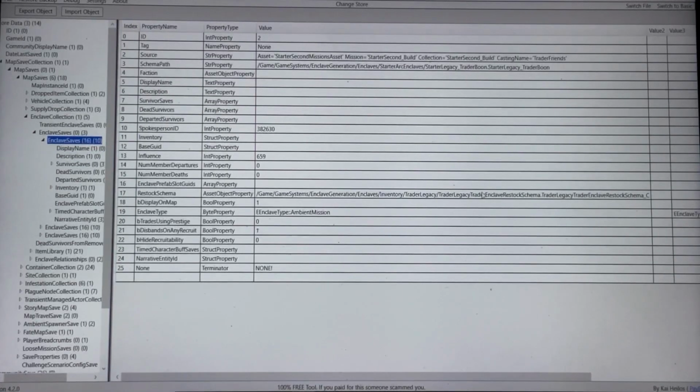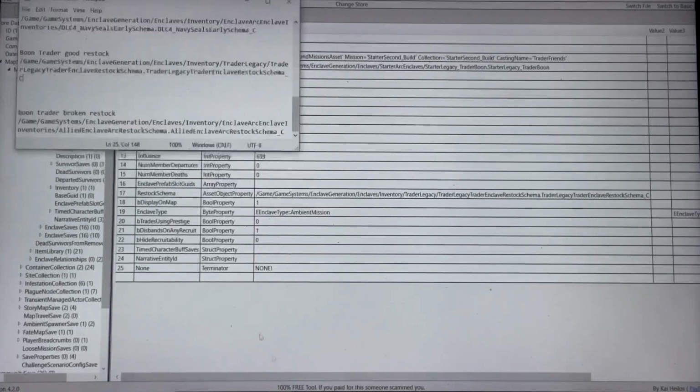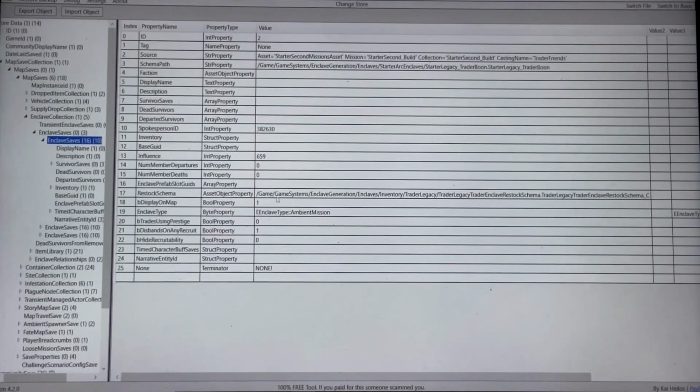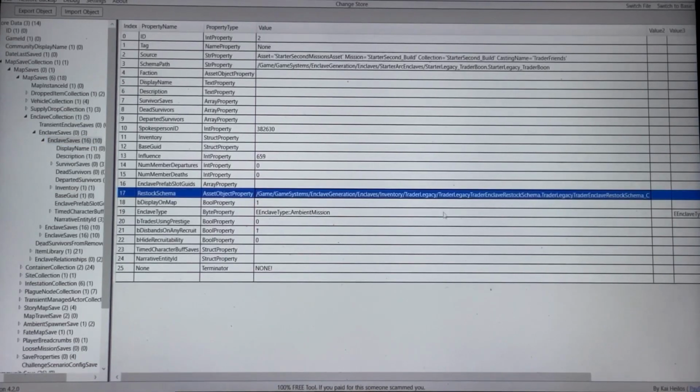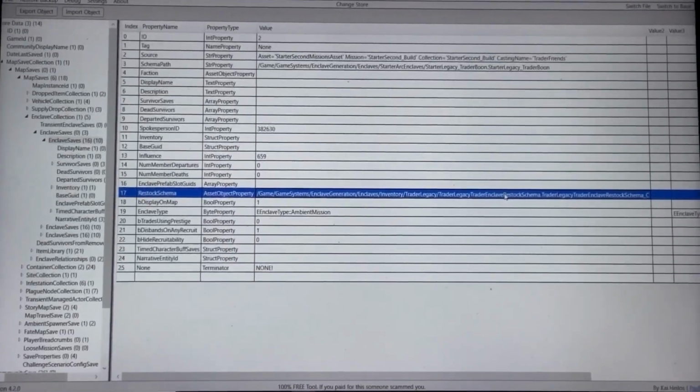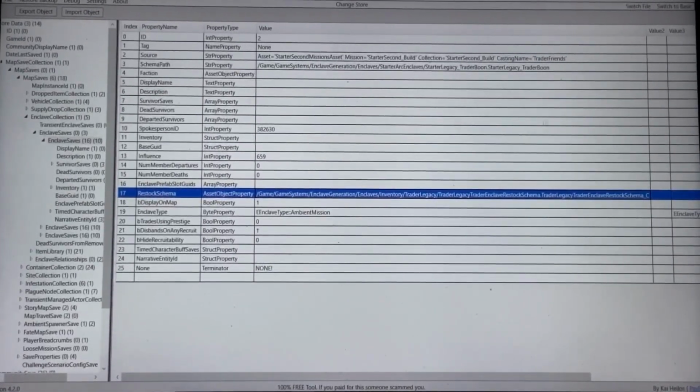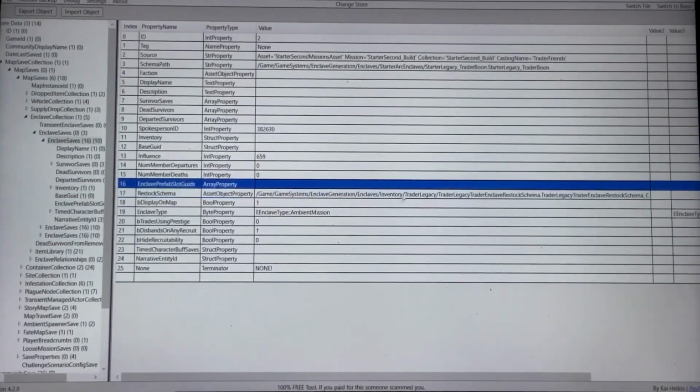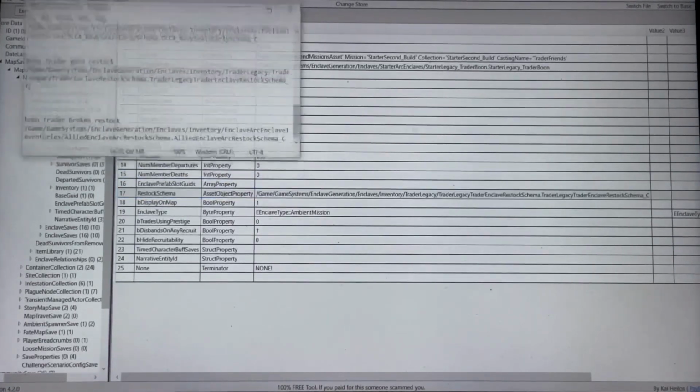And it had already changed this value to this allied one. So I changed it back. I went in here, clicked on it, and manually pasted this one in there. Okay? So now I'm going to wait for that game. I'm going to load it up and wait for the day to change and then see if it starts getting the good items again. If it is, there's another fix for you. There you go. But we can have some fun with this if this works, because I've been making a list of